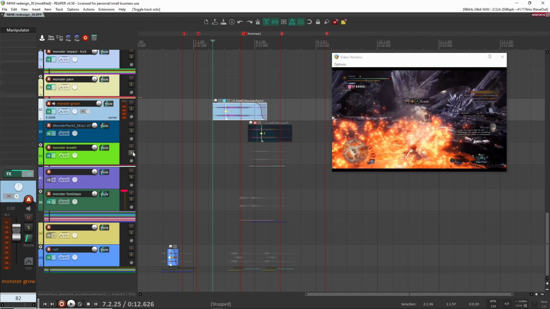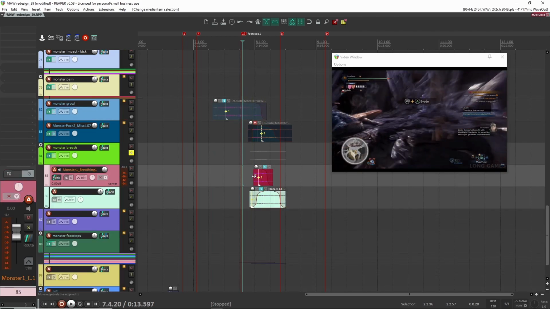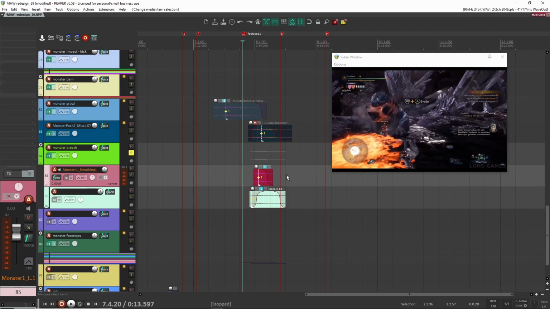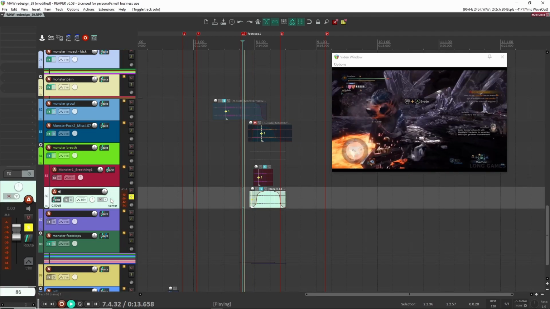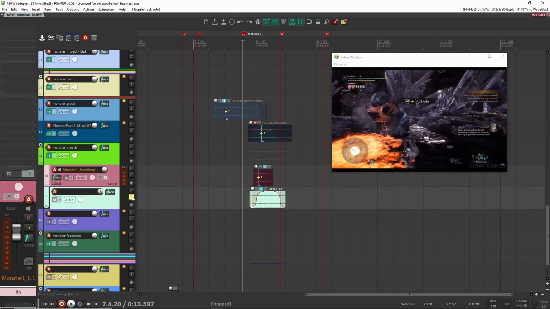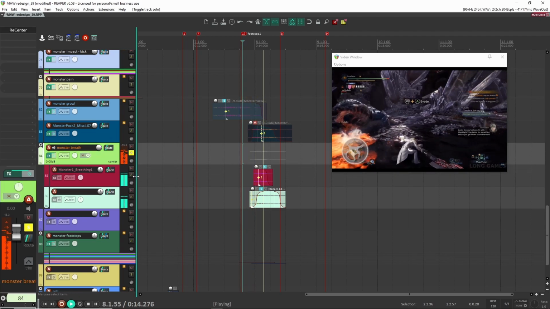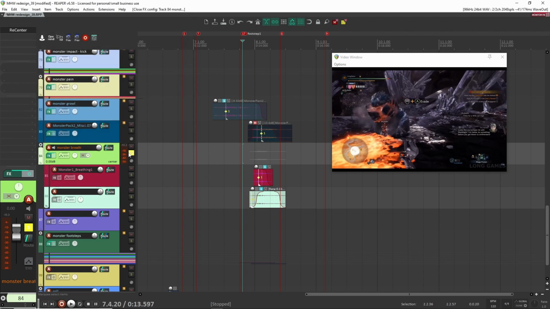Let's see what else. I had some monster breathing sound here. Let's have a listen to this. And this is the sound of the breathing right before he's about to do his long, big roar. This is a low grunt. This is a higher frequency hiss. So I mix these two together, and this is what we get. Again, here, I'm just using recenter just to position it. Nothing special. So all together with these...